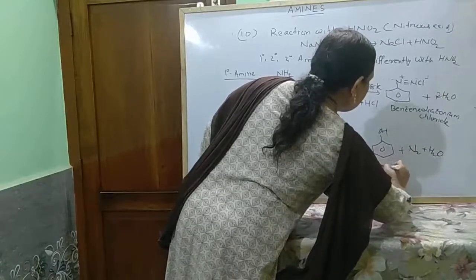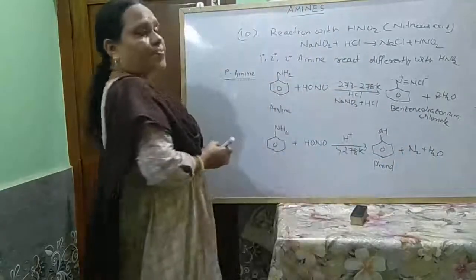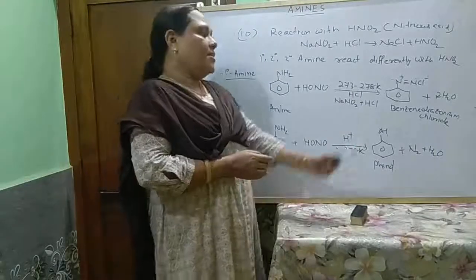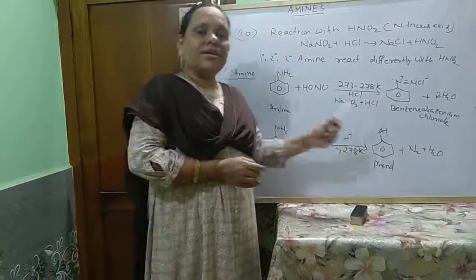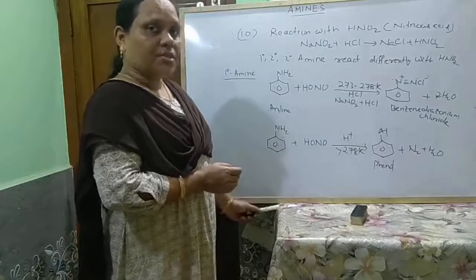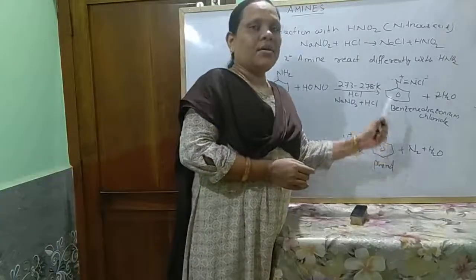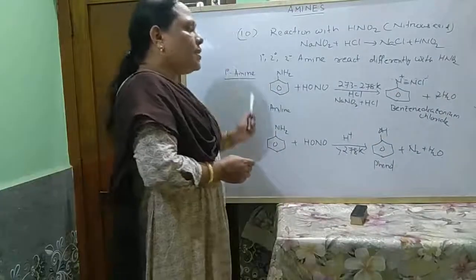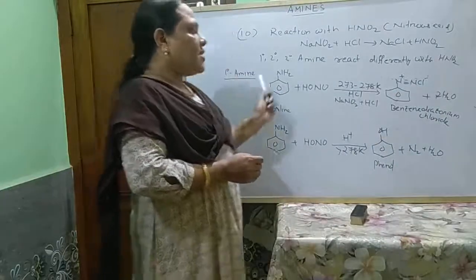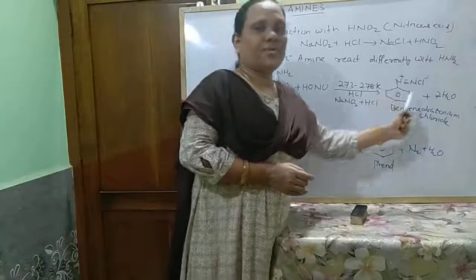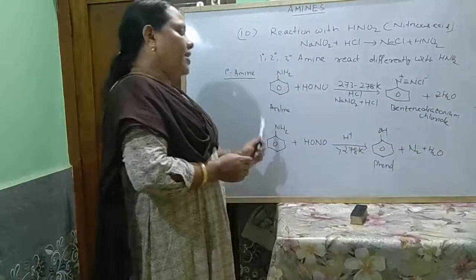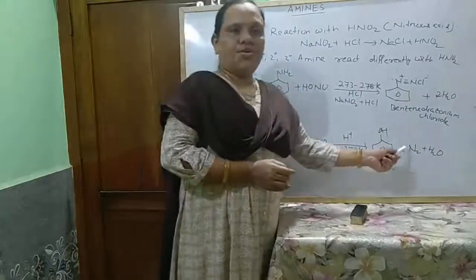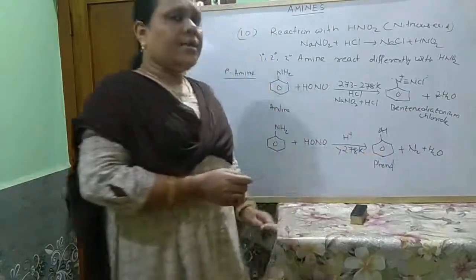This is phenol. So, aliphatic primary amine reacts at low temperature as well as at high temperature to produce alcohol with evolution of nitrogen gas. But aromatic primary amine reacts at low temperature to form a salt, but at high temperature it forms phenol. Then